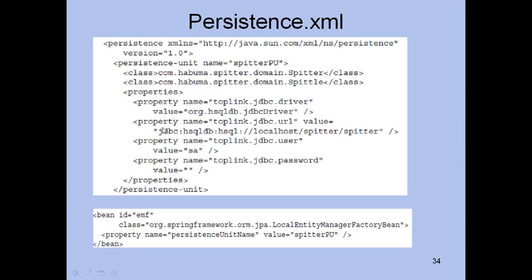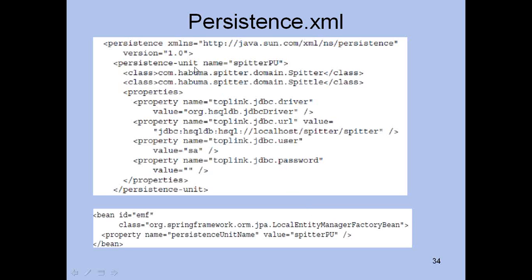That's it. Once you have configured that in persistence.xml, whenever you want an application managed factory bean, create a Spring local entity manager factory bean, and give it a property. This is a predefined property within the local entity manager factory bean, called persistence unit name, and for that you give a reference to the persistence unit that you created earlier.